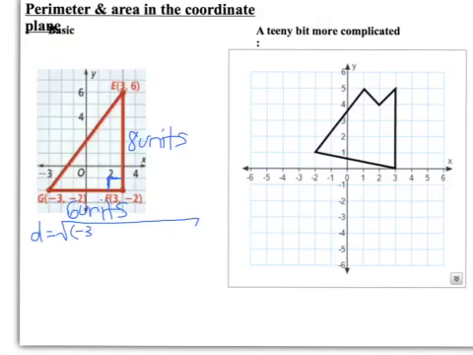So -3 minus 3 squared plus the difference of the y-coordinates, -2 minus 6 squared. So -3 minus 3 gives us -6, and -6 squared is positive 36. -2 minus 6 gives us -8, and -8 squared is